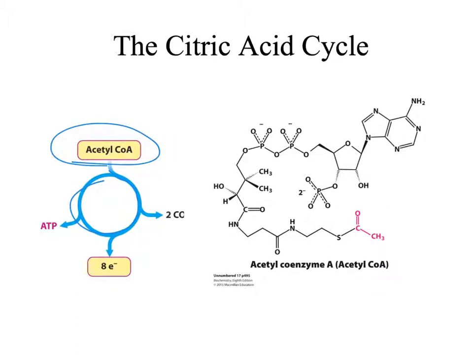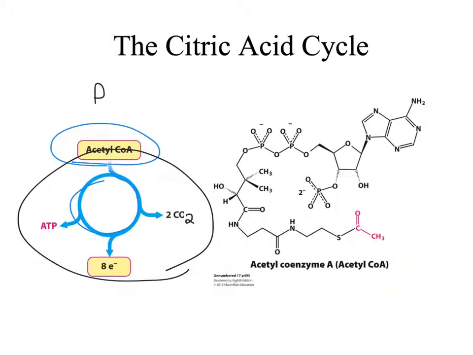The citric acid cycle is the final common pathway for the oxidation of fuel molecules. Most fuel molecules will be converted into the acetyl-CoA so that they can enter this cycle and ultimately be converted to CO2. So this actually got cut off, but this is CO2 here. So we're going to go through and look at the steps that are involved in this overall process and the conversion of pyruvate